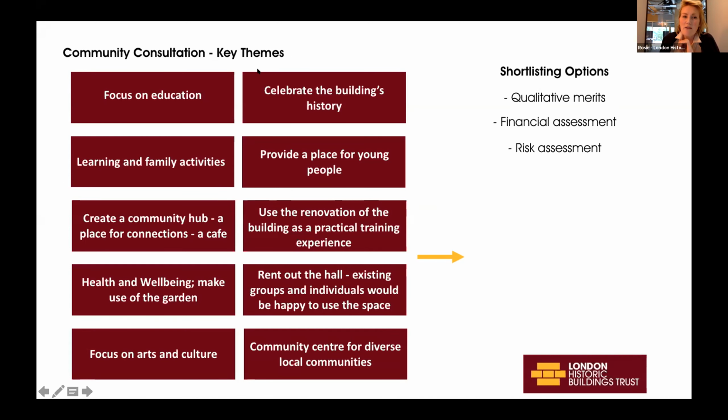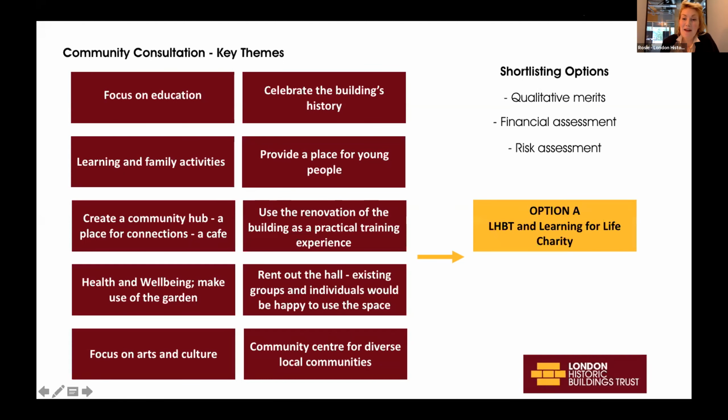And of course, you take all this data and you take it hand in hand with the other work that you're doing as part of your options appraisal study. So this is understanding your building, its condition, understanding your heritage, business planning. And you start to shortlist your options. Our business planner identified 3 critical factors that we used for shortlisting our options. That was the qualitative merits, which linked to our strategic project objectives, a financial assessment and an assessment of risk. And going through this shortlisting process, we came through with 2,